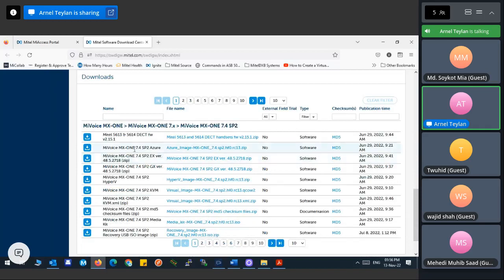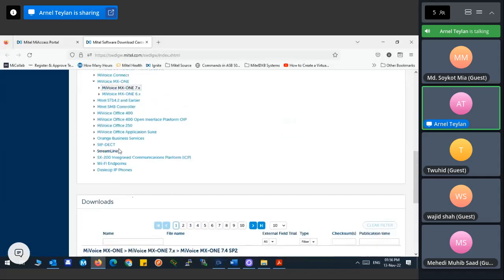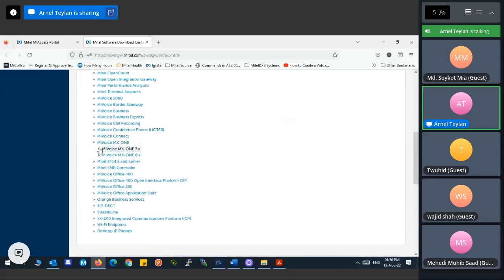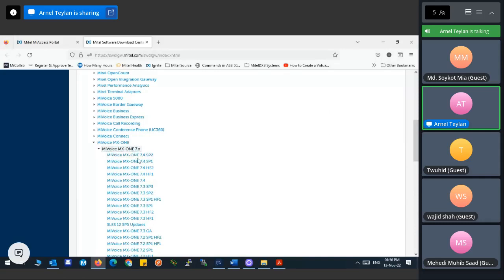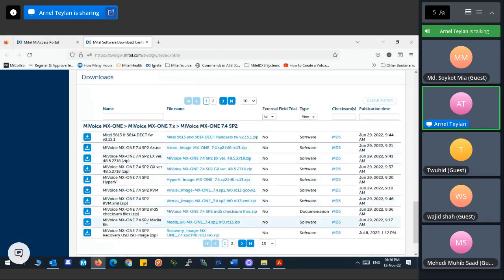So OVA, you just search for it. There are a lot of files there, so it would be better if I click on this one and it will tell me which is the latest version. Click on it and then look for an OVA. You can see there is an Azure to deploy in Azure. There is also an EX, GX. Okay, you have a KVM,